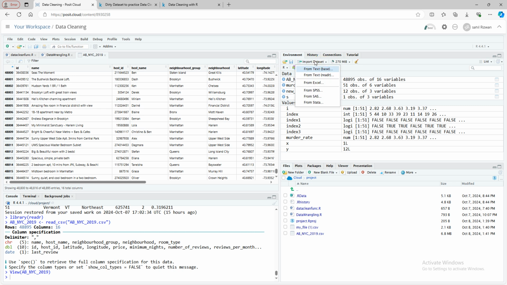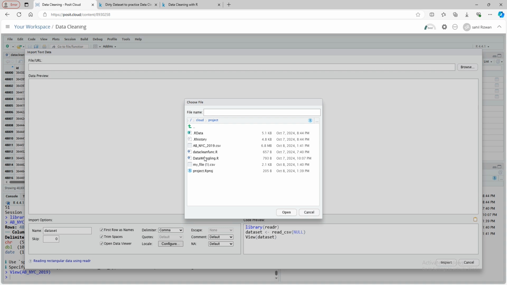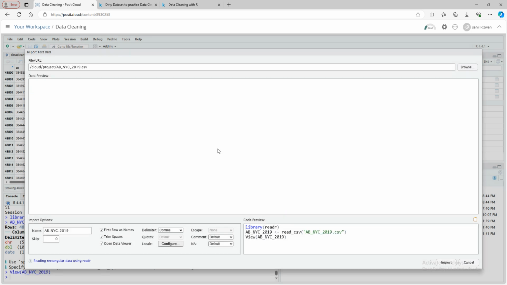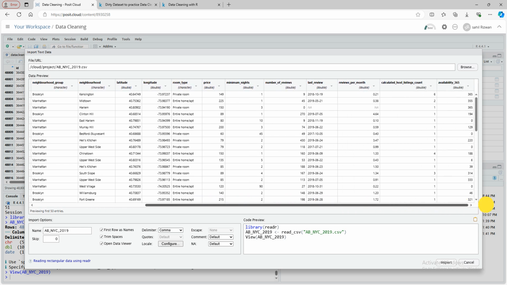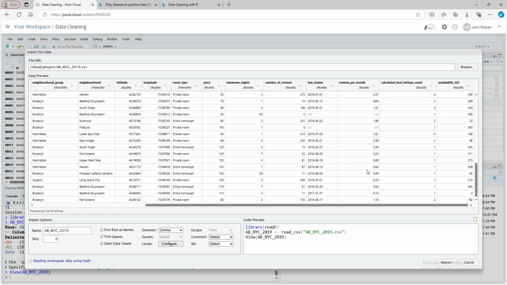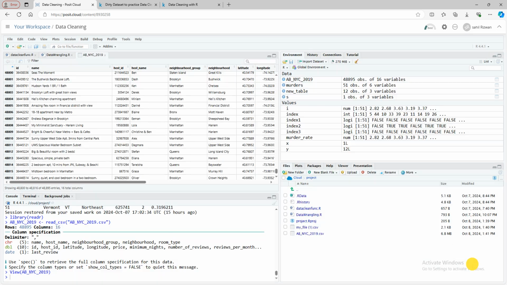I'm going to import the data set from the reader, browse to it, and here I've got my file. I'm going to open it, and then we can have the data preview. In the data preview, we can see that there are 16 columns, and there are some missing values like NAs here. So we're going to clean these up. When you hit import, you can get this